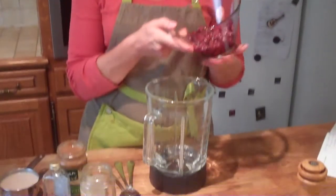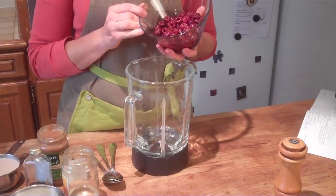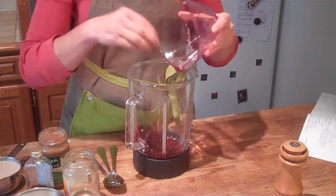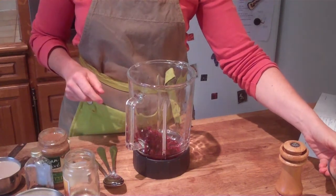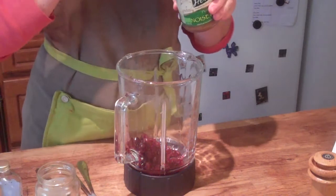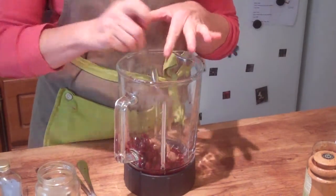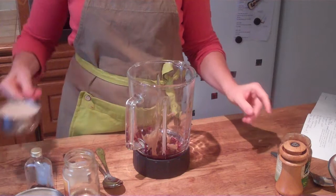We start with the cherries, and by the way, cherries and all other stone fruits are very rich in a substance called chlorogenic acid, which is thought to reduce our risk of cancer. So it's a good idea to eat stone fruits most days, either fresh or frozen or dried, for instance, like dried plums as well. A tablespoon of hazelnut butter, which is very rich in antioxidants, especially when it includes the skins of the hazelnuts. The cup of hazelnut milk,